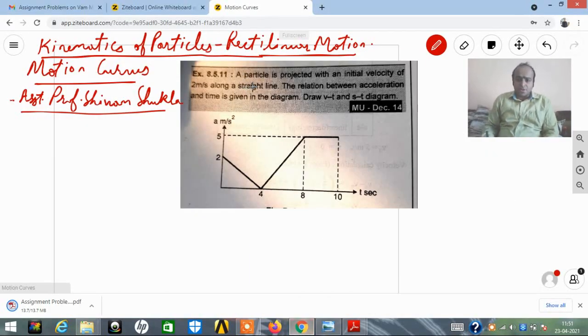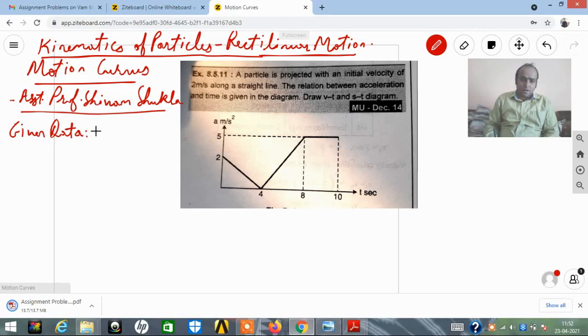A particle is projected with an initial velocity of 2 meter per second along a straight line. The relation between acceleration and time is given in the diagram, the AT diagram. Draw VT and ST diagram. Let us just write down the given parameters. So I need to write it down. Given data,